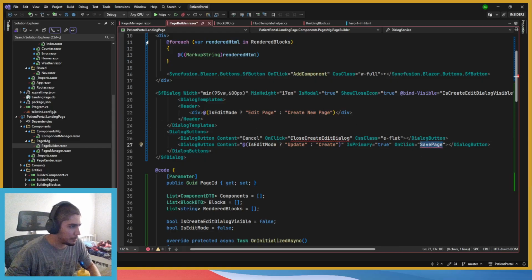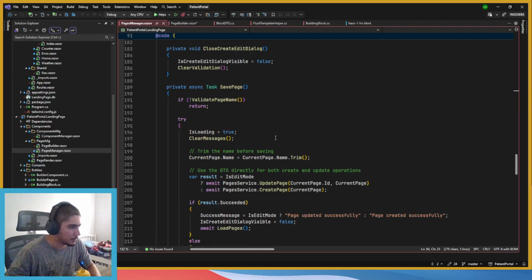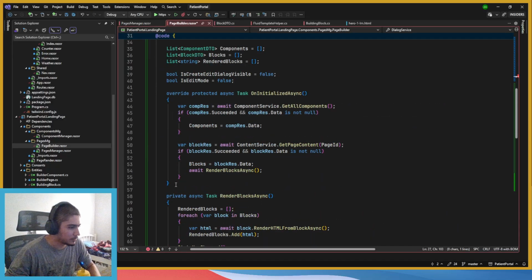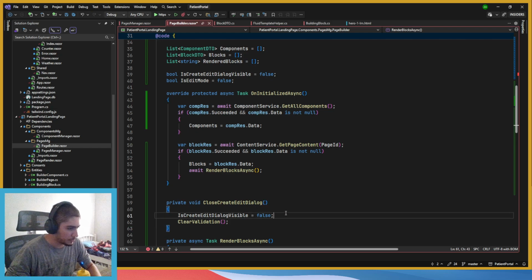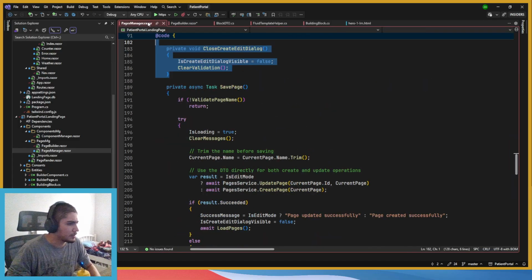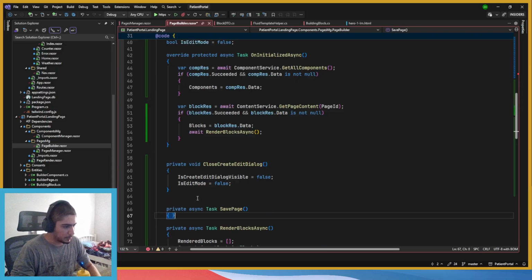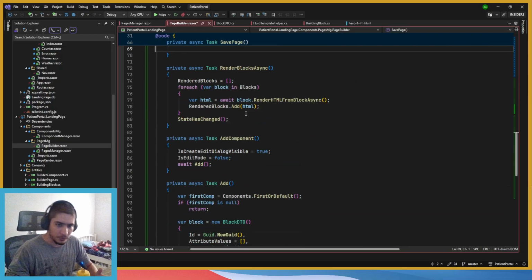So whenever we save the page as well, technically. So we're gonna do this. I'm gonna take close create dialog. This is the one. Okay. There's technically no validation, so again, it's this clear validation. Yeah, there is no method like this. And we go edit mode back to false, just in case. And then there is save page as well. We're gonna copy it and implement it. So save page is gonna be at the end of the edit and the update as well, or the add and the update as well.